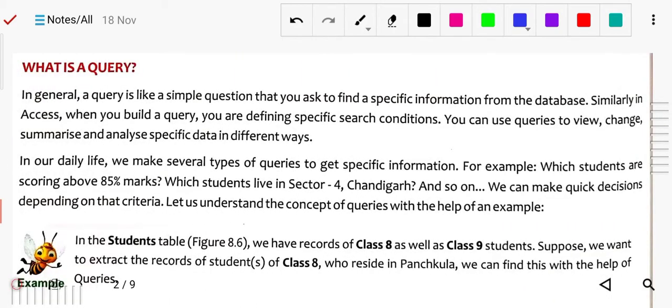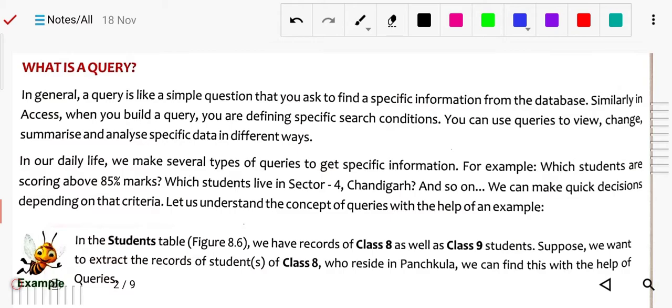So what is a query? In general, a query is like a simple question that you ask to find specific information. Very easy: whatever you are asking is your query. When you build a query, you are defining a specific search condition.